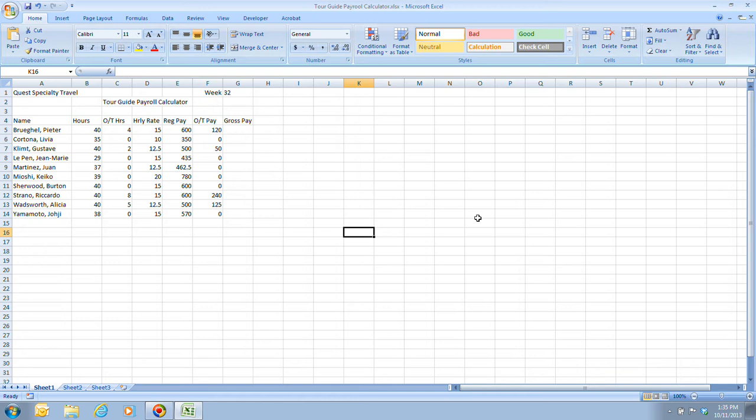When entering content in a worksheet, you should start by entering all the labels first. Labels are entries that contain text and numerical information that are not used in calculation, such as on here, hours, OT hours, hourly rate. Or you could have such things as 2009 sales or travel expenses. Labels help you to identify the data in a worksheet in their rows and columns, and it makes your worksheet